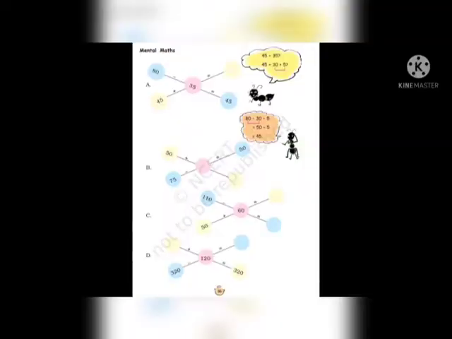Next is mental maths. So these are the questions that we have already done. These are simply addition and subtraction questions. Okay, so these are homework for you. You will do these 4 questions in your book only. And how you will do this? See, 80 minus 35. Okay, you have to do it in a cross way.